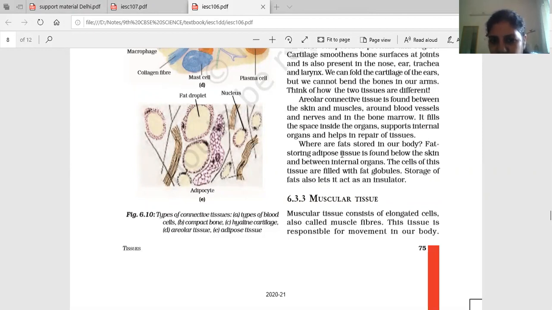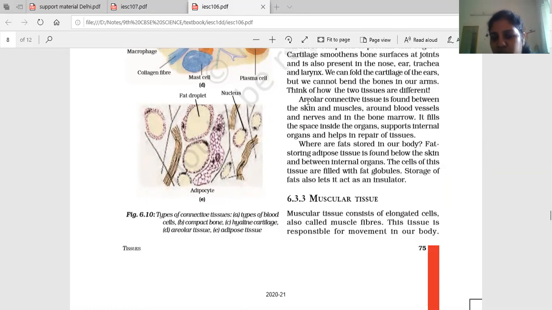It's actually adipose and areolar both. Between organs, along with epithelial tissues, there are some connective tissues present which connect two or more organs together. That is done with the help of areolar tissues. These are loose connective tissues. So they are not very compactly packed and they're not completely fluid. So an in-between structure is there. They are not fluid like blood, and not rigid like bone. Somewhere in between those two tissues are the loose connective tissues.